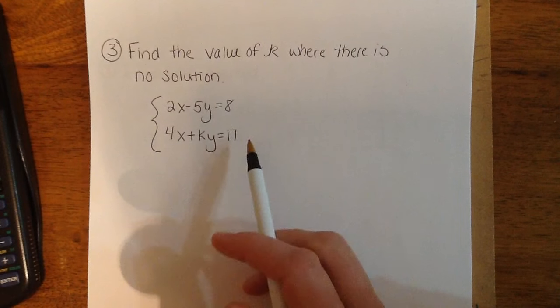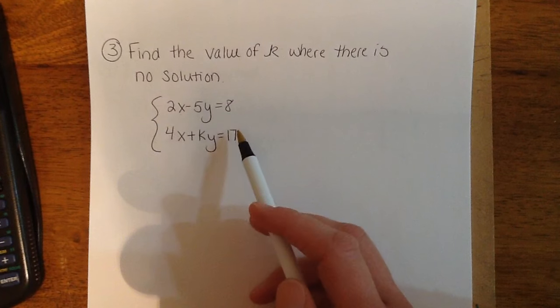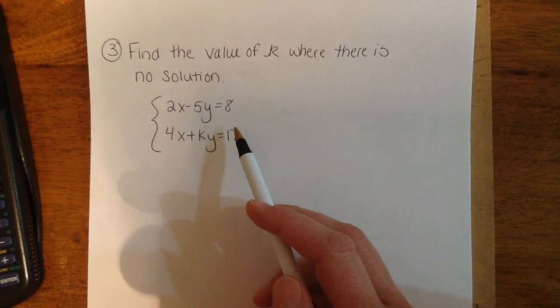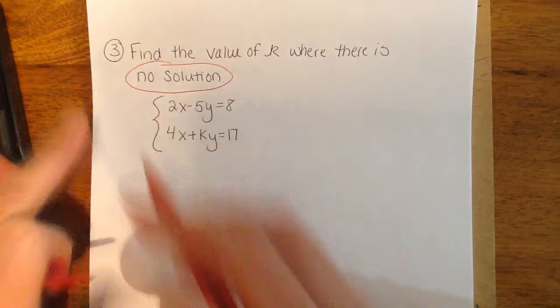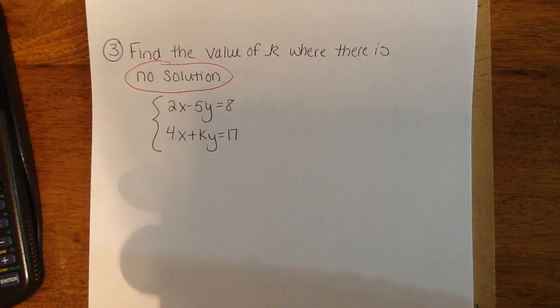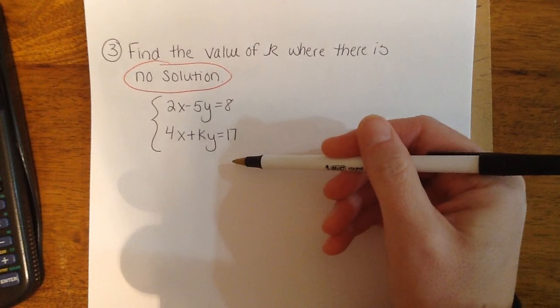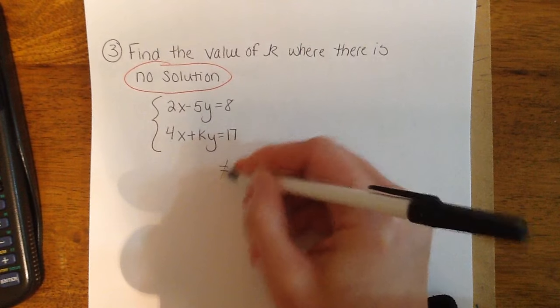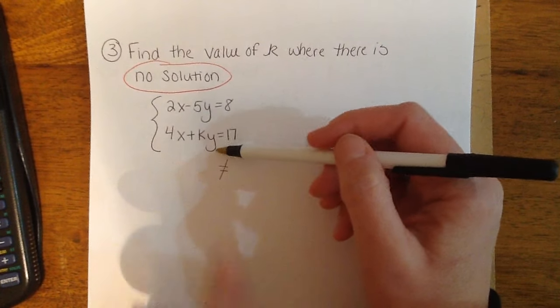Okay? We saw one of these last week when I was here with you guys. After we did the quiz, we did a couple of these. So if you pull out your other paper that says set 1 on it, you'll actually see one very similar to this. Only this time, it says no solution. I believe on the other ones we did, it said many solutions and something else. So this is just another variation. So for this to be a no solution, we want this to be a false statement. So we want it not to be equal, okay? So we got to get the variables to cancel. So my thought is,